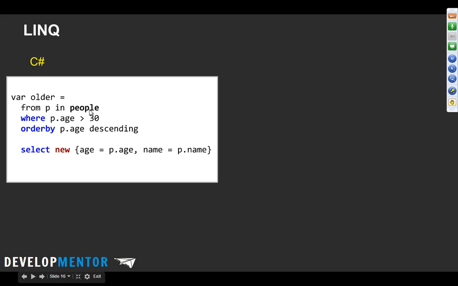So depending on what people is in this little case here, if people is just a list of person objects, then this is going to just use the looping constructs for LINQ to Objects. But if this people object is a data context from Entity Framework, it's going to translate that to T-SQL and send that over as a projection and a where and an order by and all that off to SQL Server or some other database.